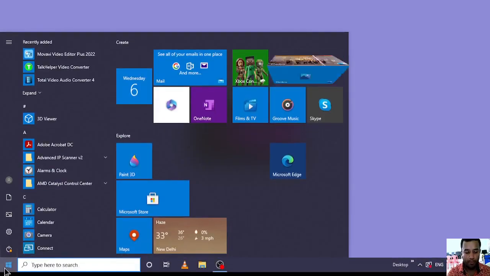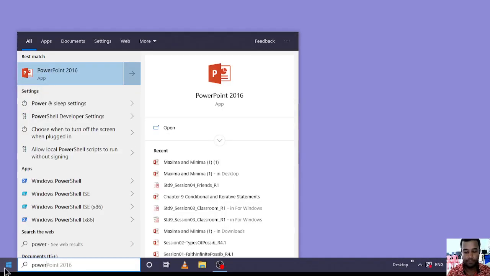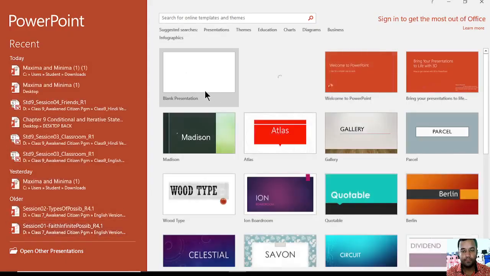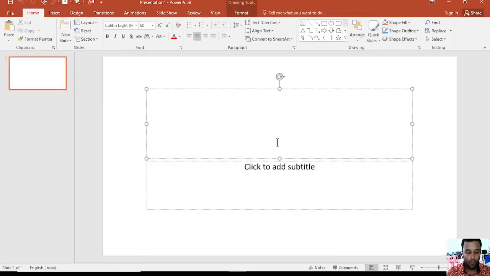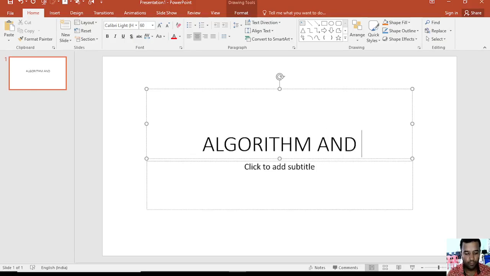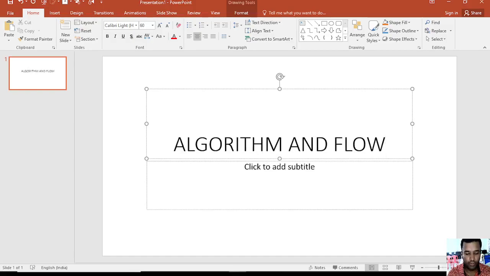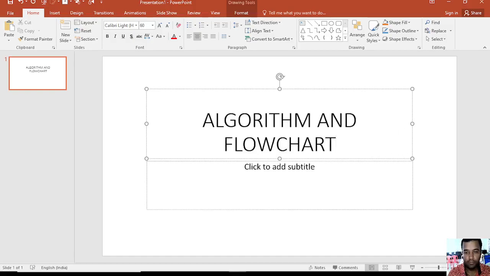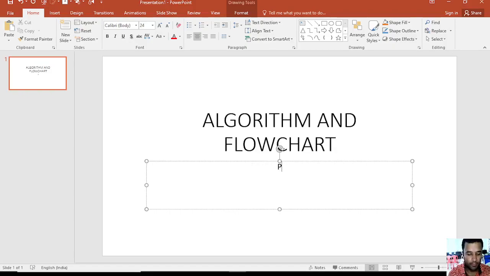So today our topic is to set the transition and animation in a PowerPoint. First open PowerPoint. Then write the topic name: Algorithm and flowchart, presented by